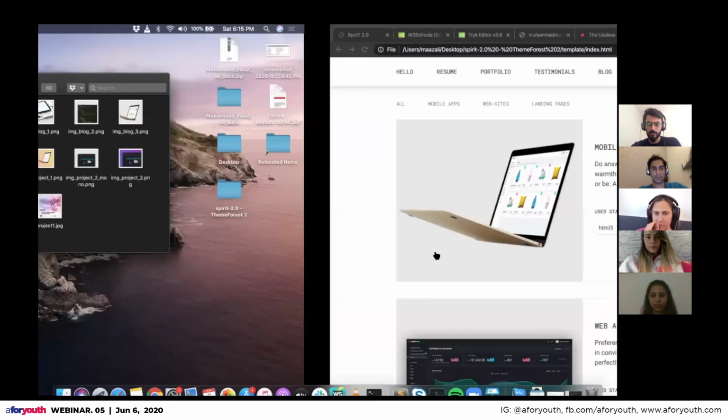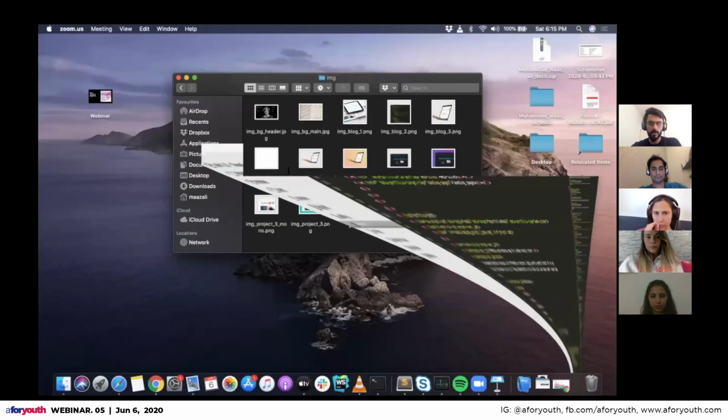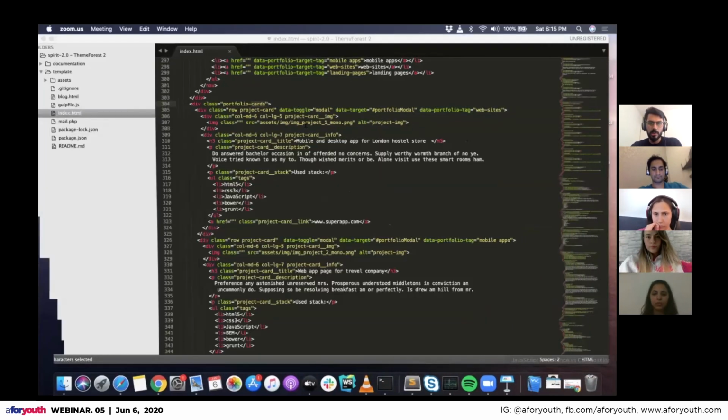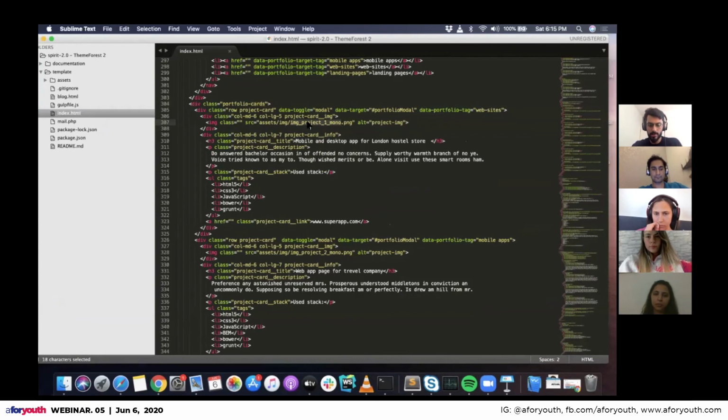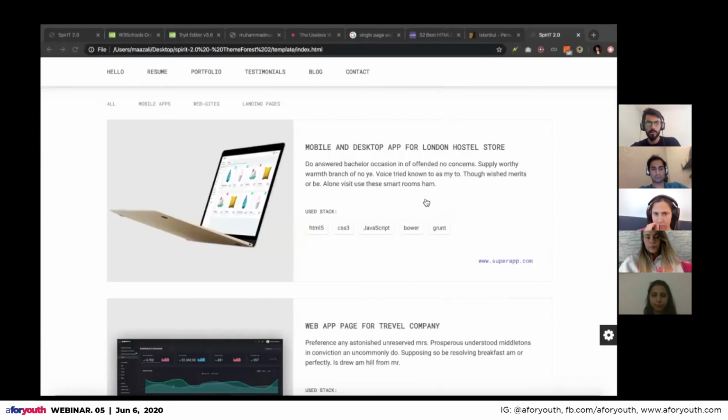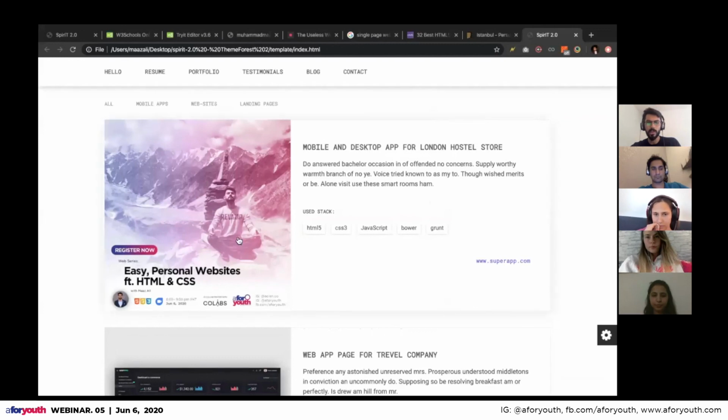You come to your code, and inside image you put project1.jpg. You save this, refresh your page, and then you see that image here.